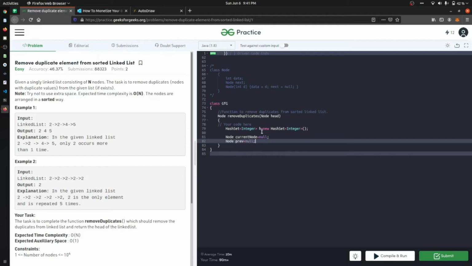So we have created two nodes, one as current node and one as previous node. Once again, current should not be null, it should point at the head because we are at the head.